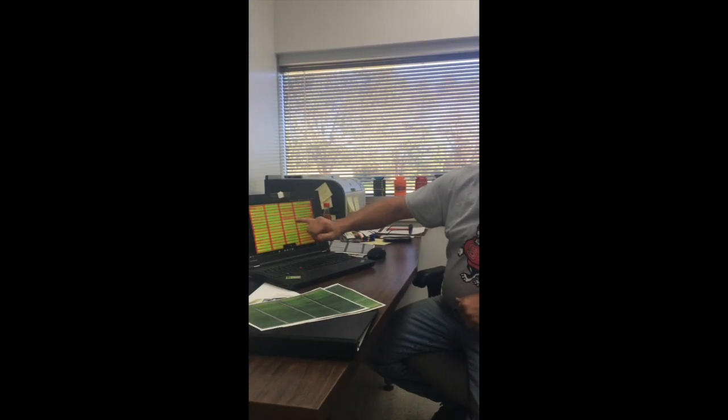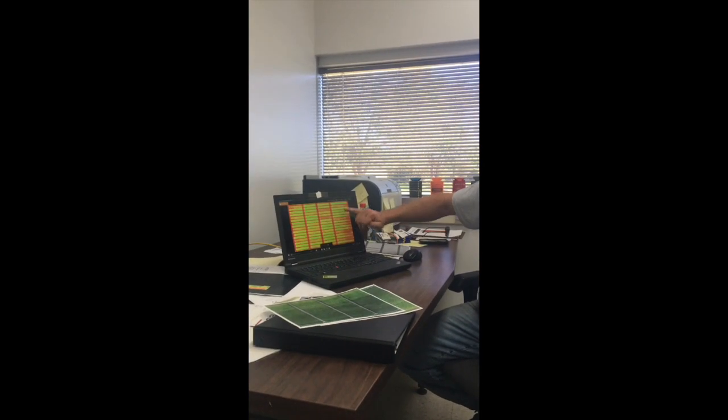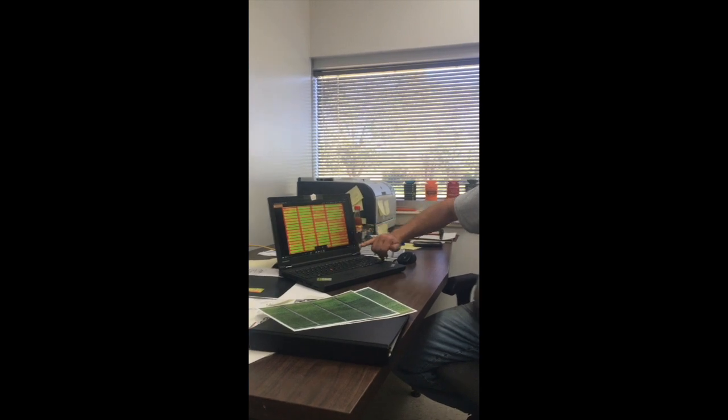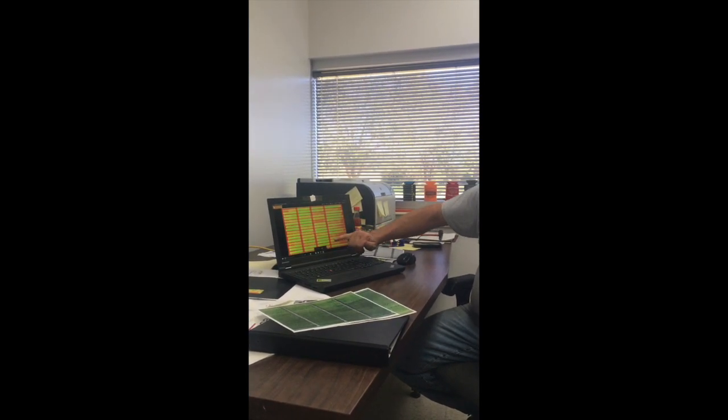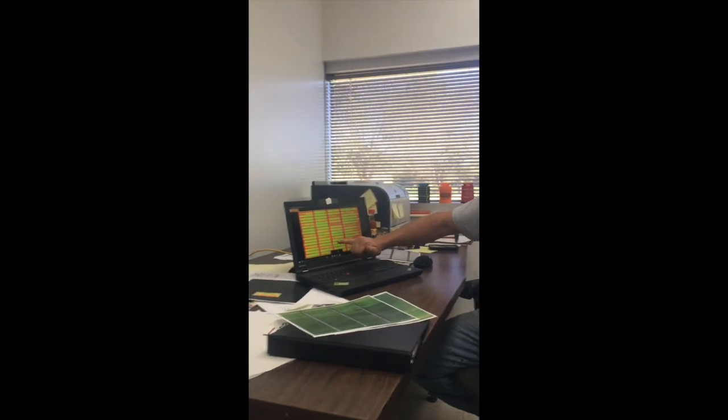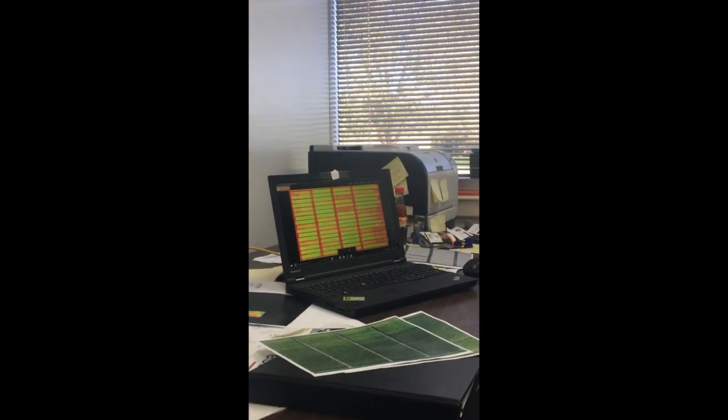Drone usage in the agricultural industry. A good comment. Yes, it is increasing. How is it increasing? Well, one thing we're doing is looking at nutrient management. How is the plant taking up the fertilizer that we are providing to it, and is it working? This is some tests we've done on wheat. As you can see, there's big differences. Some of it is due to drainage, some of it is due to fertilizer. And as you can see, you can pick out what's doing real good, what's doing not good. And all this is done within a 15-minute flight.